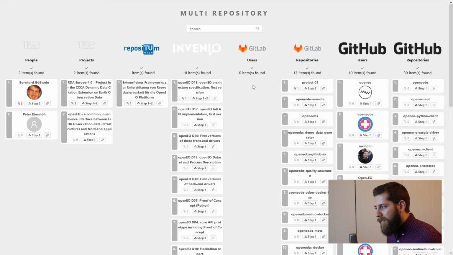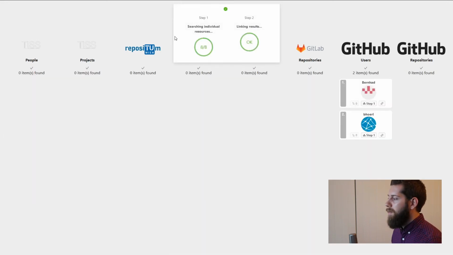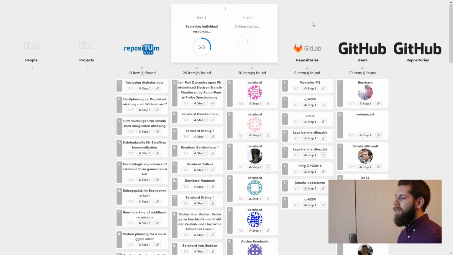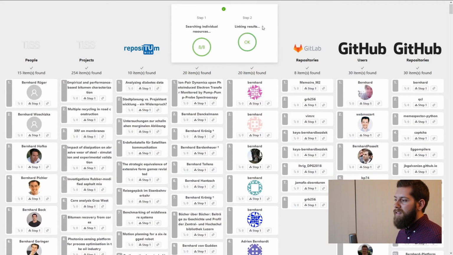Also, I did not deal with pagination at all, so some of those endpoints return way too many results for certain search terms, while other platforms just return a really small number of results. So let's check this out. I'm searching for Bernhard, which is a rather common male name, and as you can see,